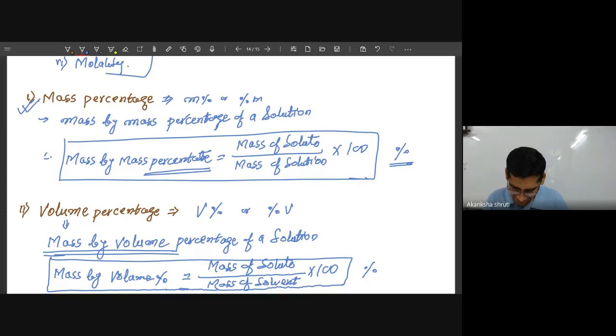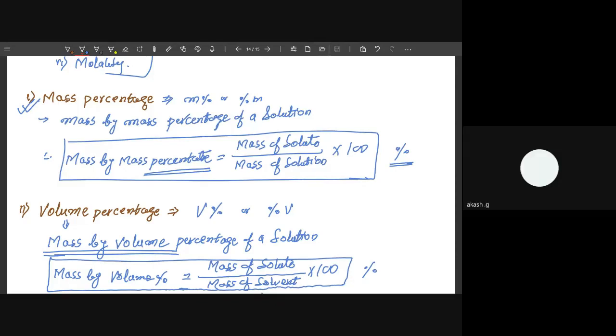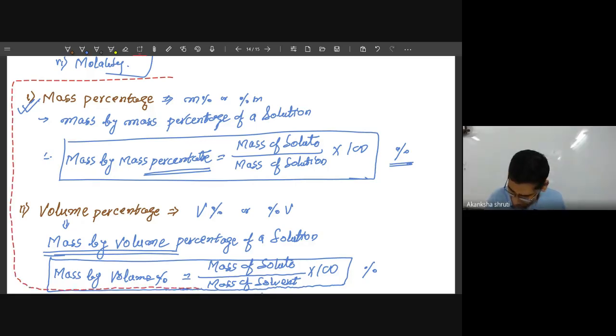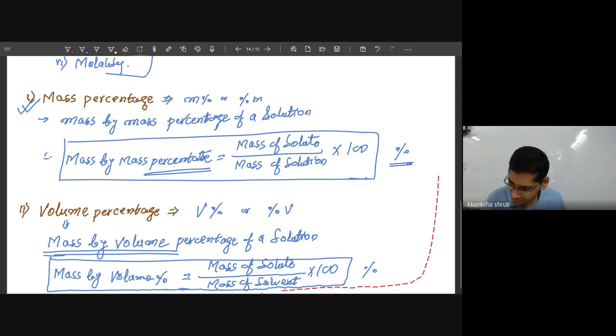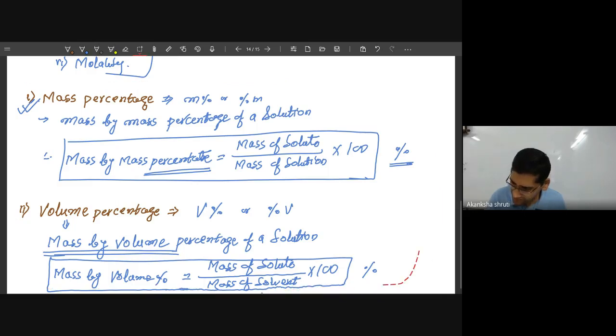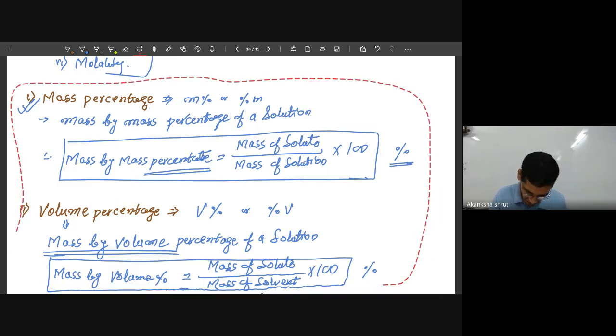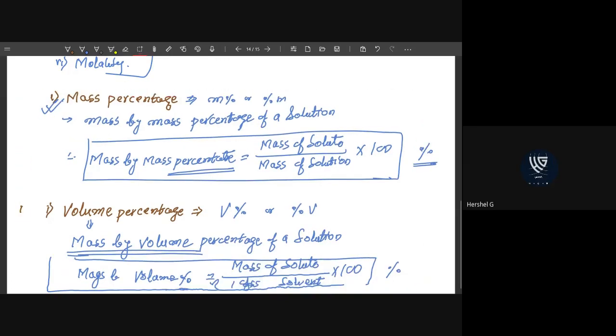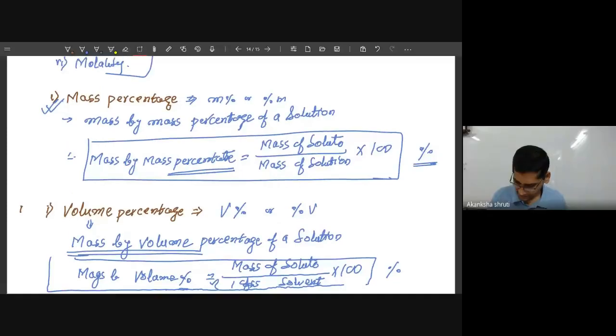So student, we will analyze this formula a bit more. For that I have to copy this to the next page. Over, sir. Yes, sir, over. Okay, very good. It is difficult sometimes to copy. You are getting it now, every time it is being missed. Yes, sir. Okay, let me write ahead.